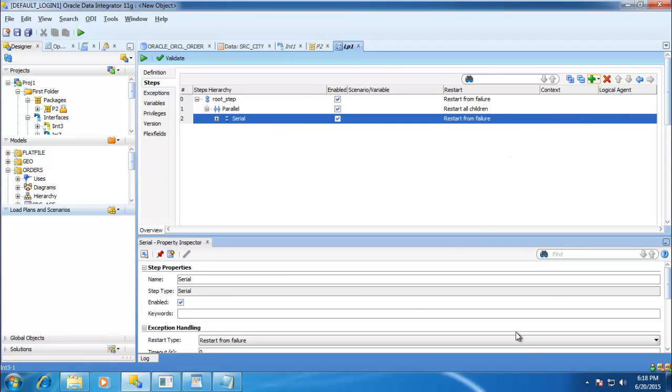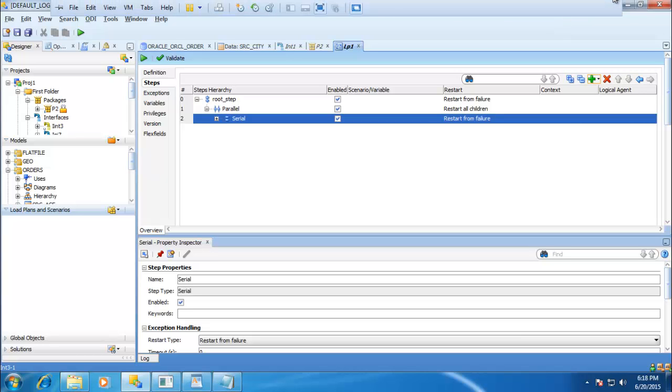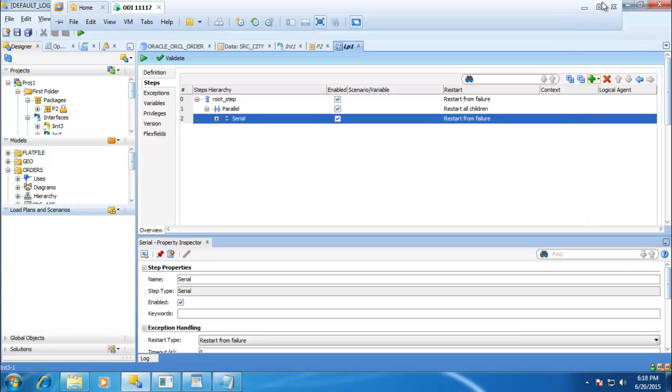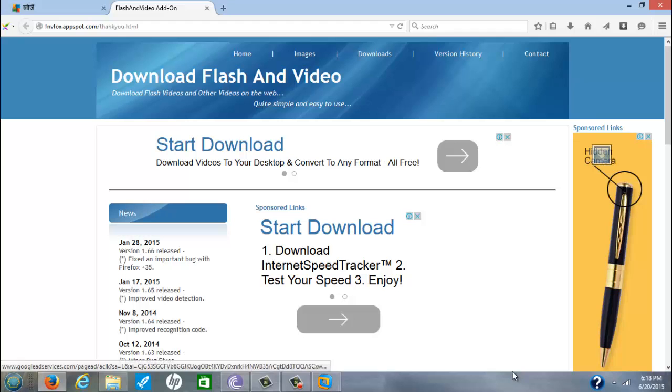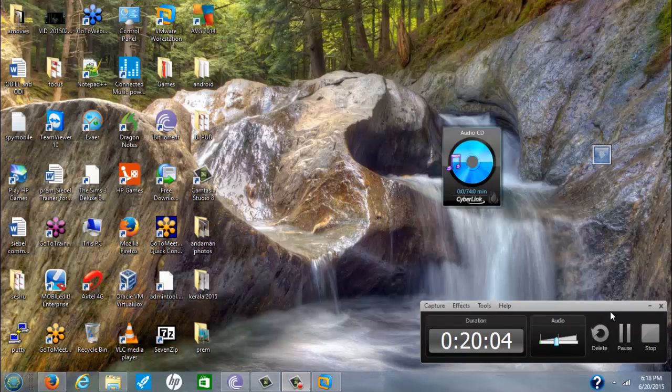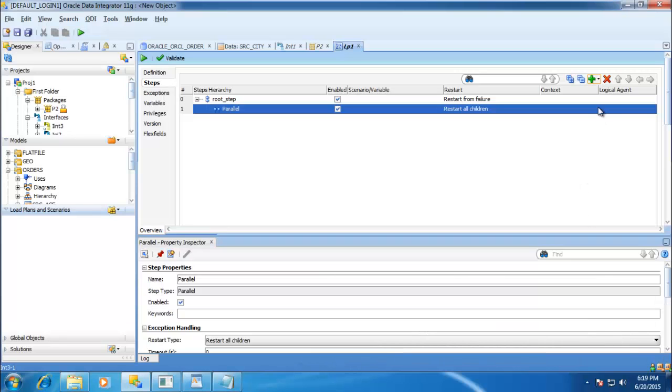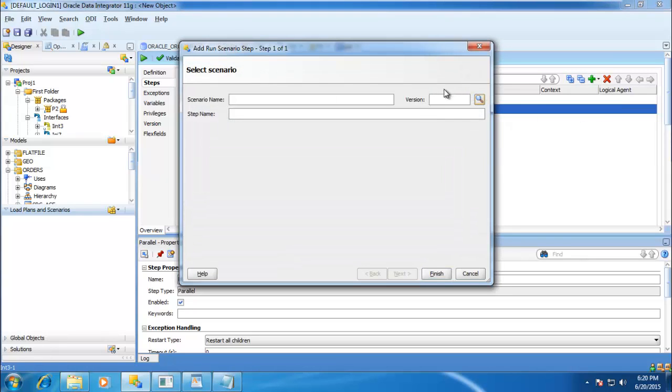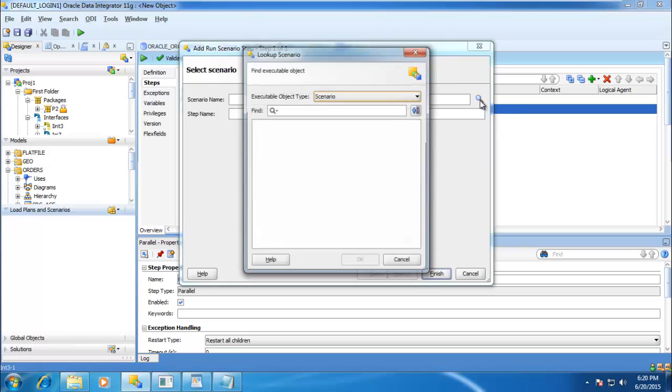Here we can define. Here you can add some scenarios if you want to execute them. I can generate the scenarios as well, and I can attach the scenarios here.